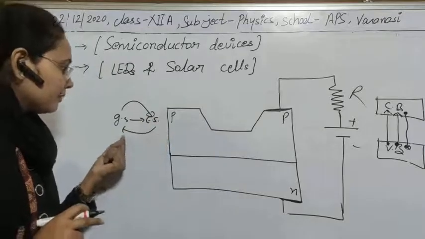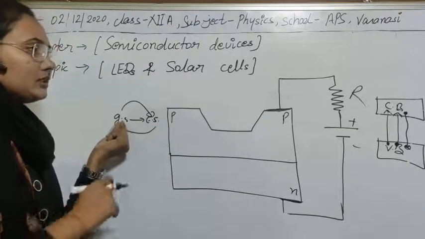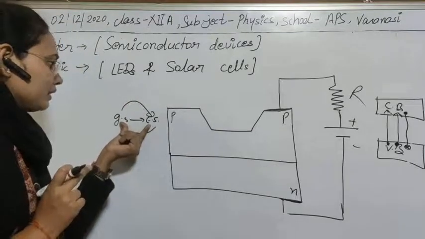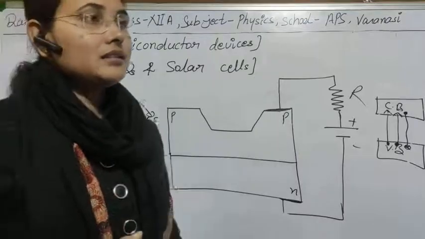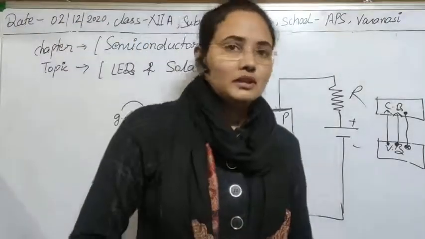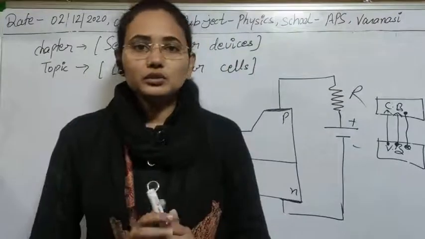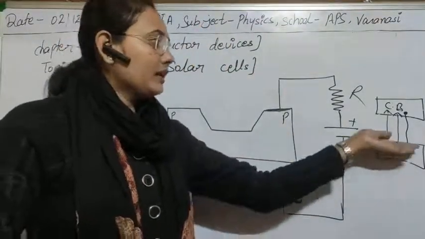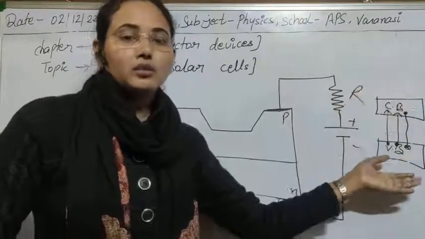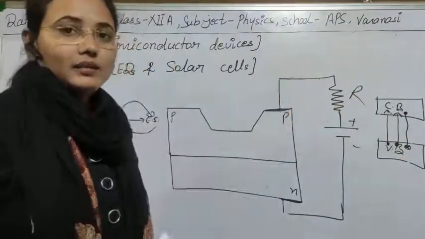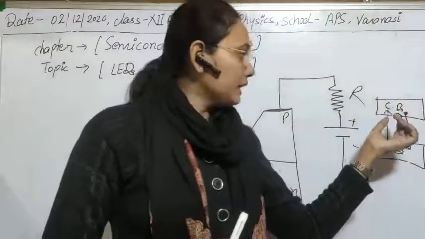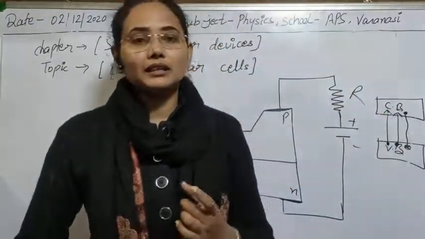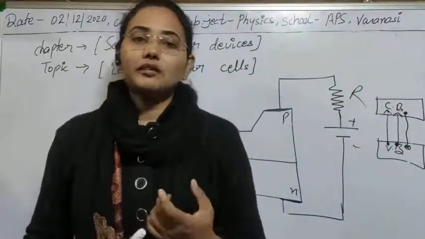Then, coming back, obviously the energy of the ground state is lower than that of the excited state. So the difference of energy between the ground and excited state is released in the form of an electromagnetic wave. We use this theory in constructing LEDs. Also, we know that electrons are in the conduction band and holes are in the valence band. If any electron makes its journey from the conduction to the valence band, a difference of energy is released, and that will appear in the form of energy.